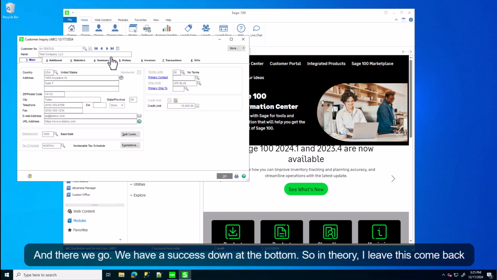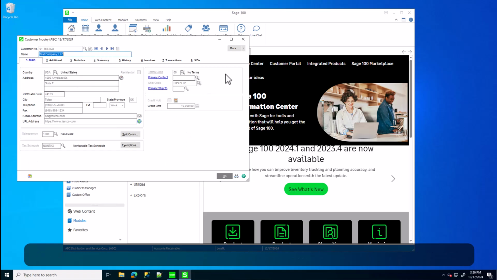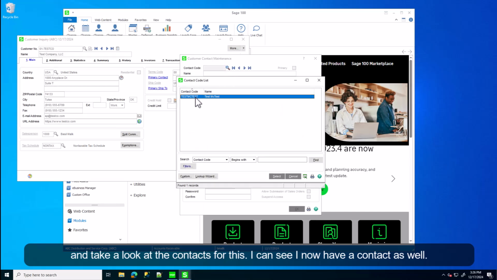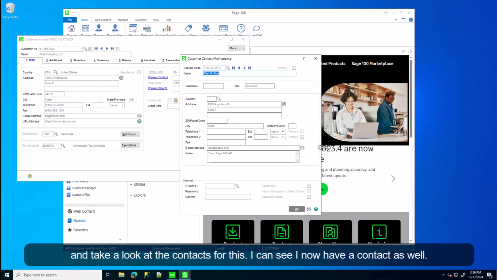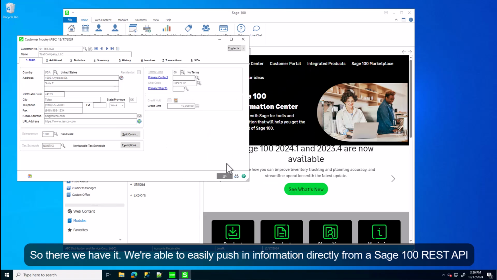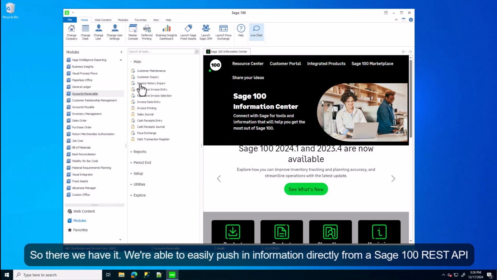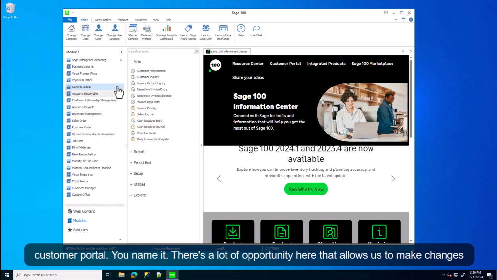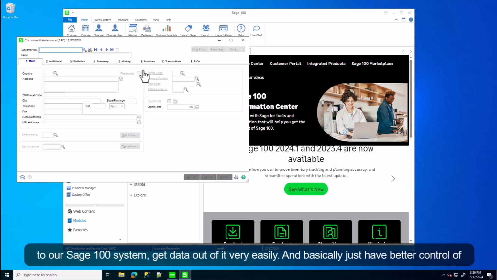So in theory, if I leave this, come back and take a look at the contacts for this, I can see I now have a contact as well. So there we have it. We're able to easily push in information directly from a Sage 100 REST API call from a web application. Presumably this could be from a CRM, from a website, from a customer portal, you name it. There's a lot of opportunity here that allows us to make changes to our Sage 100 system, get data out